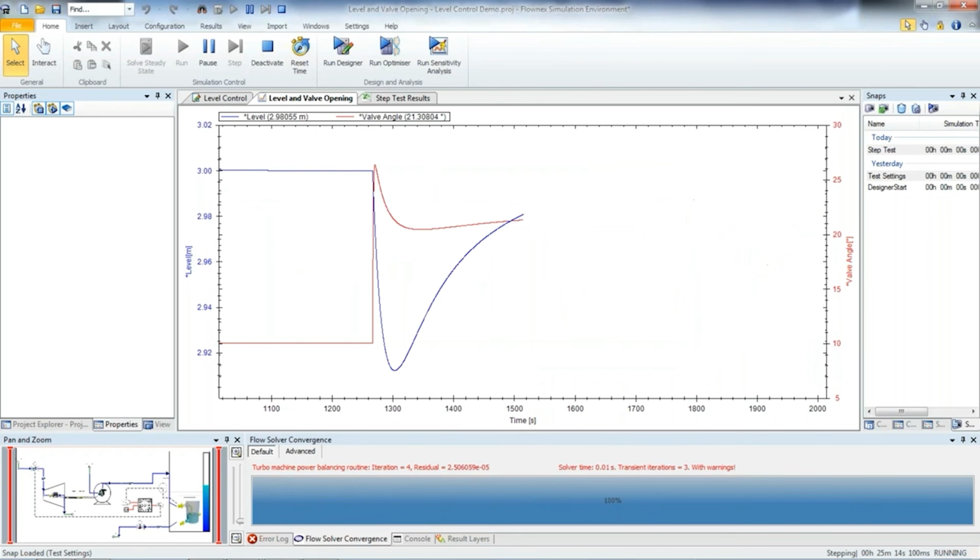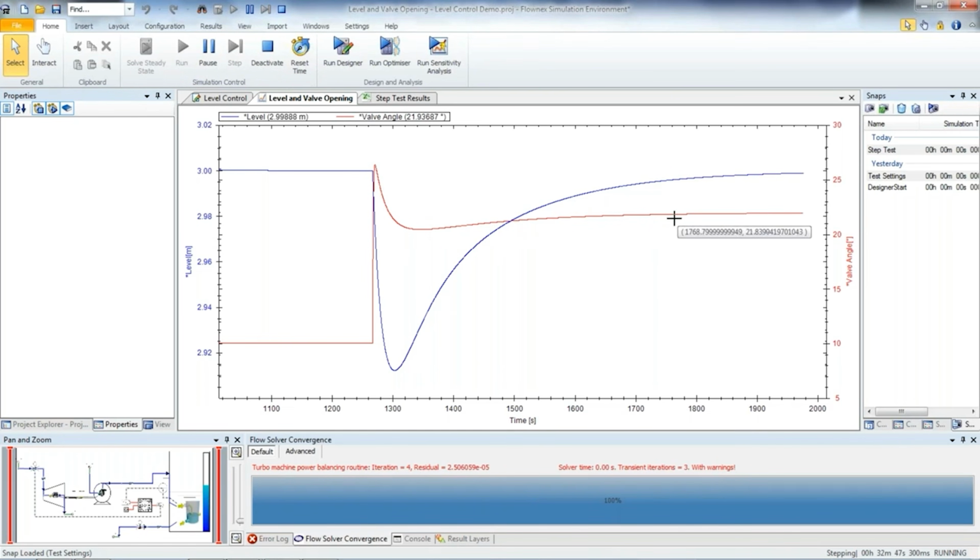So with the sudden dip, because we're using a PID controller, a controller with a differential term as well, the sudden decrease in level, that derivative change, results in an almost immediate response from the controller. So we see the valve opening very rapidly. It opens from about 10 degrees right up to about 26 degrees, and then decreases and then continues to operate